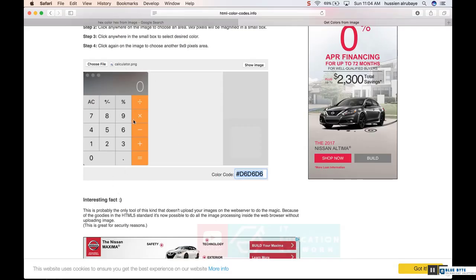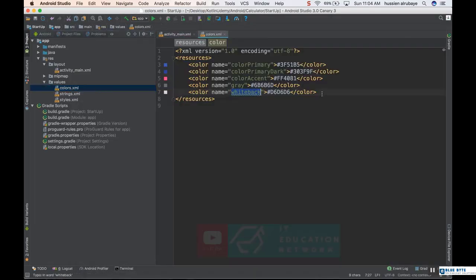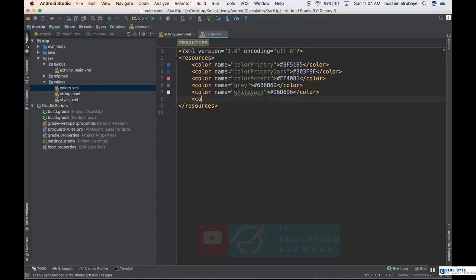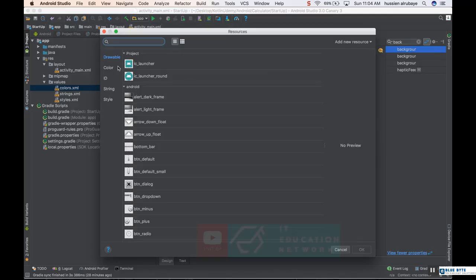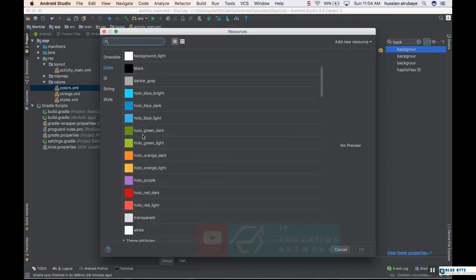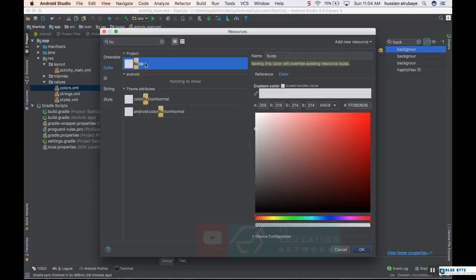So what have I missed? If you just go back, this color. Let me just say, hey, I need you. It's not blue, and I find a new color, name it BU operation color. Okay, add this one, and if I go back, I say, hey, this is my operation. Let me select it from the drop down colors. He doesn't show me. If I search for it, BU operation,